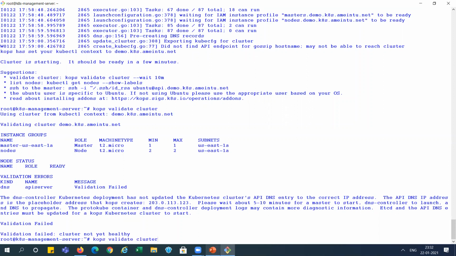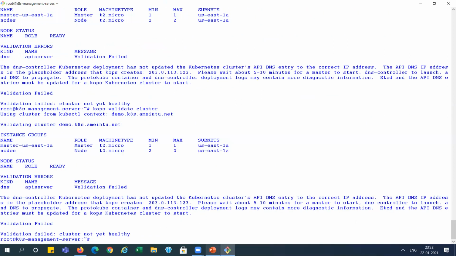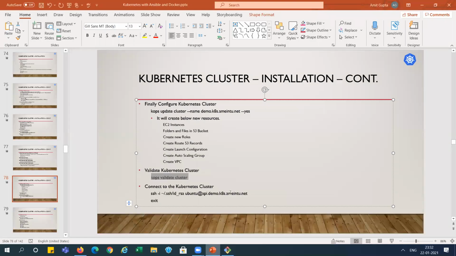So let's check again. Still, it will take a few minutes. So in between, we can discuss on the slide. After that, we will connect to the Kubernetes cluster directly from this server, our management server.